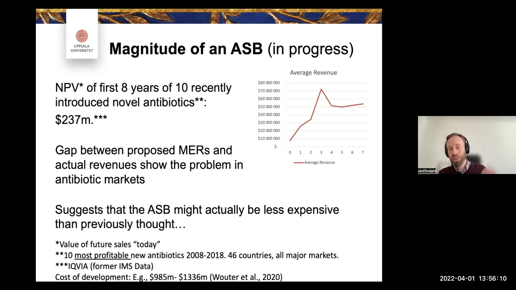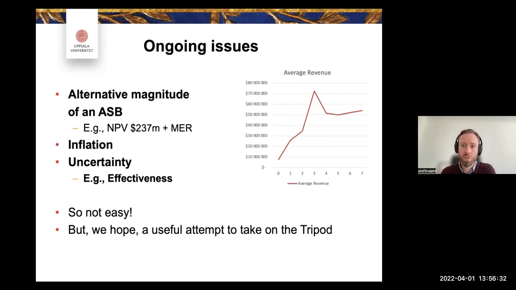Which on the one hand suggests that these kind of innovation incentives, with or without stewardship components, are very important, but it also means that the substituting sales would be cheaper. So actually the ASP would be much cheaper than we initially could expect. But finally, it also means that the antibiotics industry is in more trouble every day. Achaogen was not any kind of rare bird, if you will.